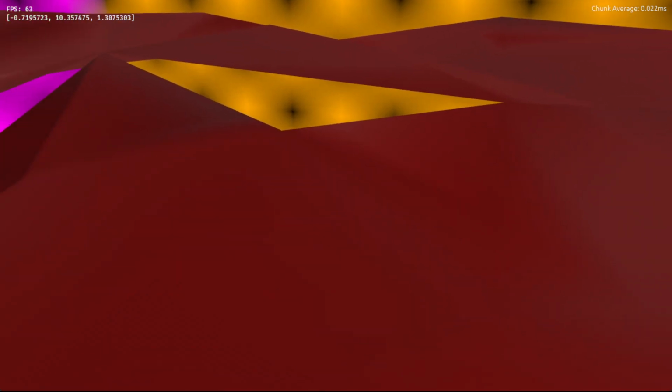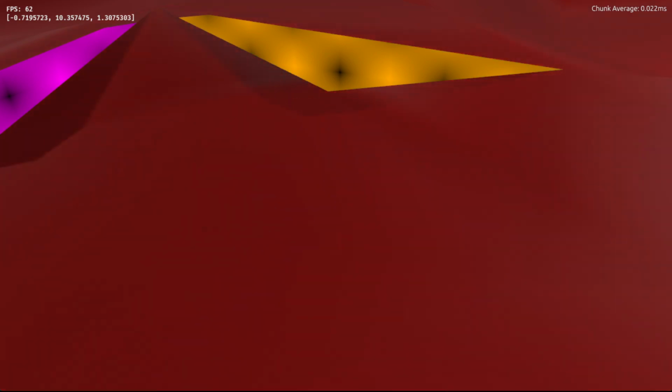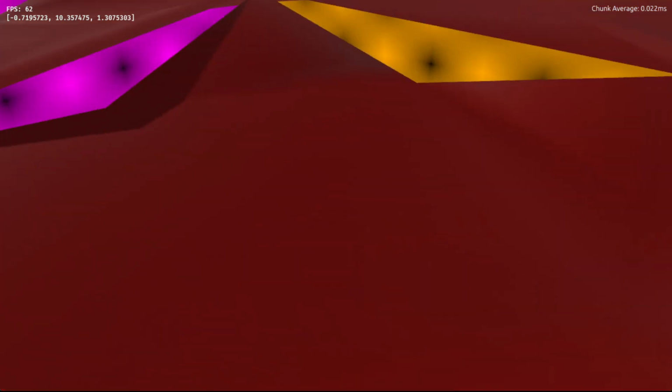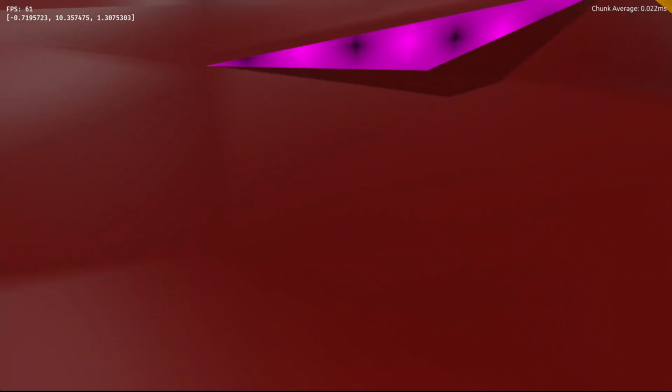The sizes of the chunks close to the camera need to be small, but far away from the camera they need to be really big, because if they're all small, then it's just too many, and that tanks the performance. But if they're too big, then they take too long to generate, and that can cause problems if you want the terrain to be modifiable. So yeah,